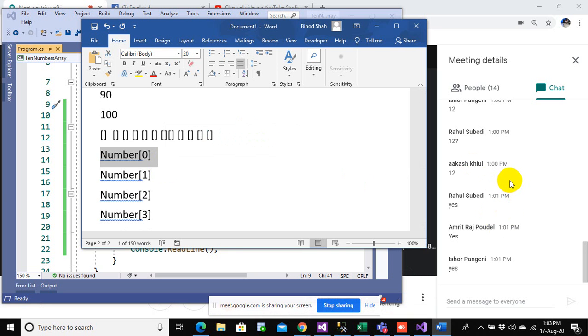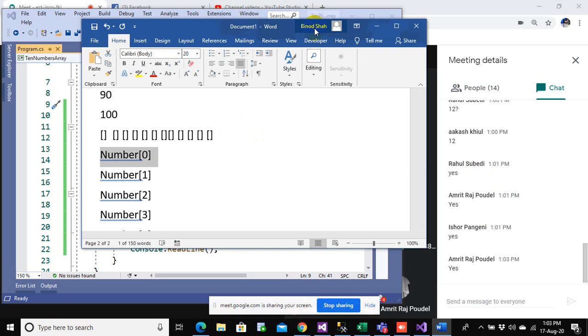You can just unmute and say yes or no, or you can type yes or no. Amrit only said yes, and the rest of you, please make a very quick confirmation. Nico has understood, Yugal, everybody has understood this part.